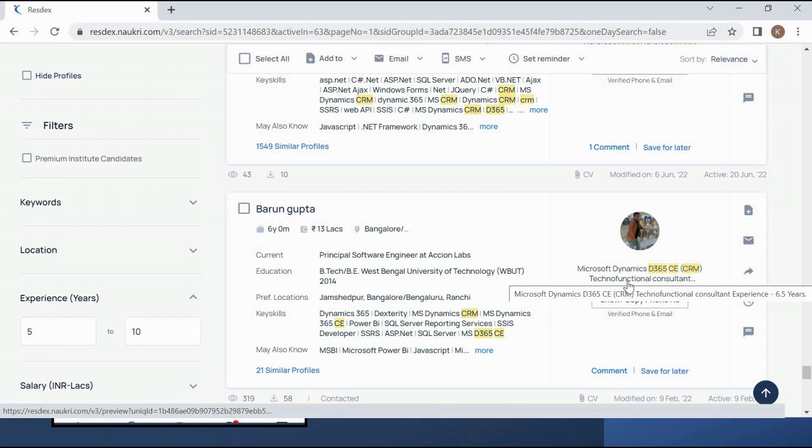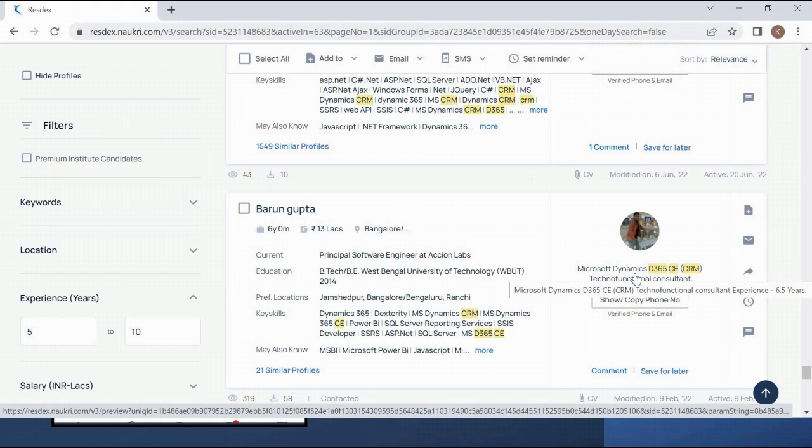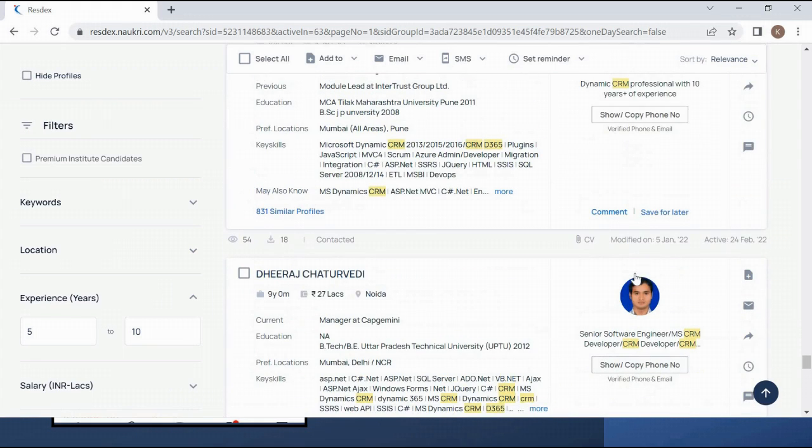We can talk to this candidate if this candidate has 80% hands-on experience on the technical side and 20% on the functional side. So this person is also suitable as per my job requirement. His recent experience should be in the technical line only. So this resume is also acceptable. This is a developer.